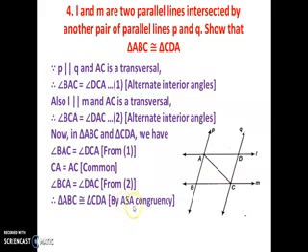So by ASA congruency rule we can say that these two triangles are congruent to each other. So in this problem they asked to show that these two triangles are congruent and we proved it. Have you understood, children? Let us move on to the fifth problem in our exercise